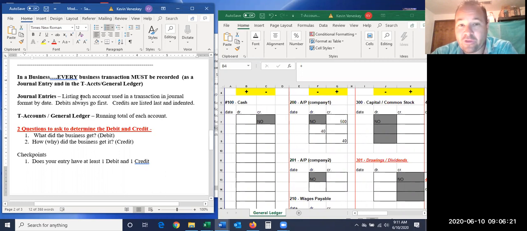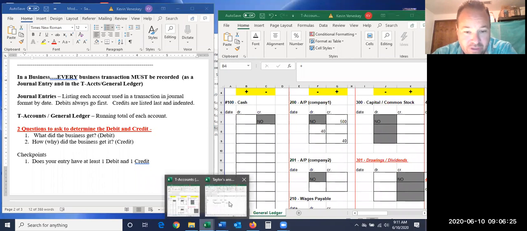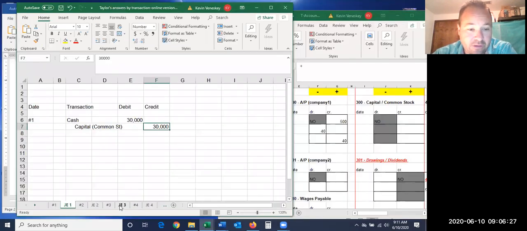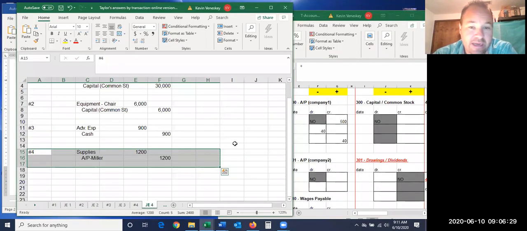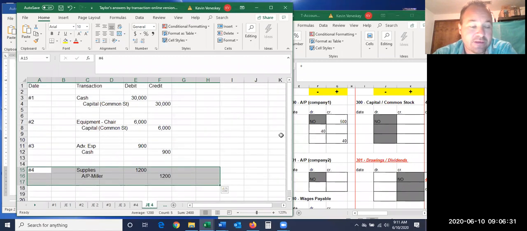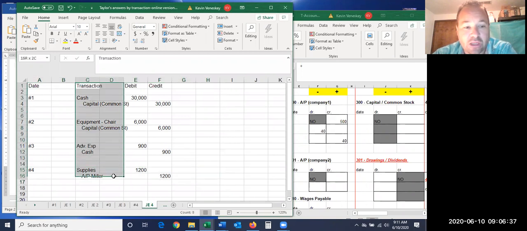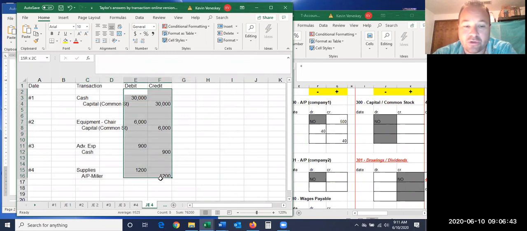So a journal entry, and I'll pull one up just so you can have an idea, if it were laid out, looks like this. You have a date column over here, and then you have your transaction column, what accounts were used,